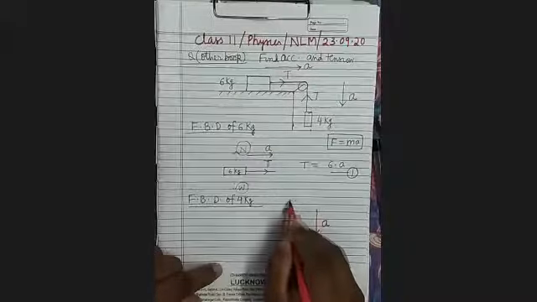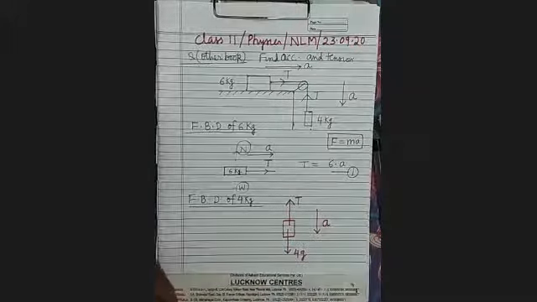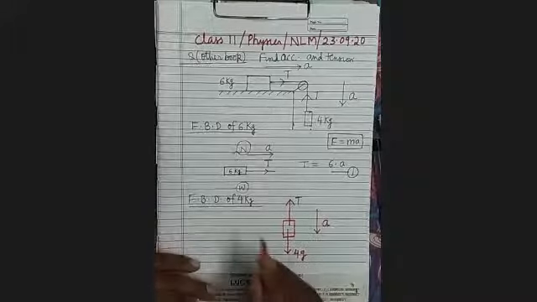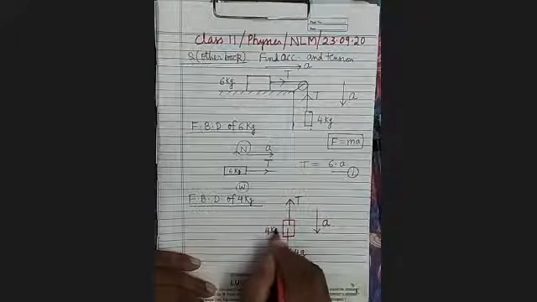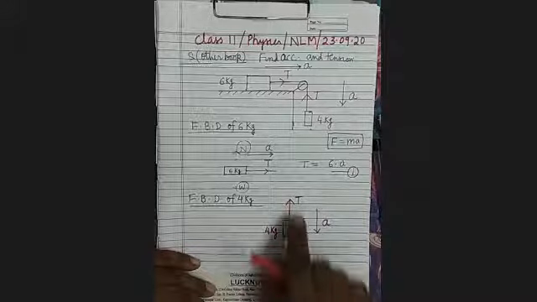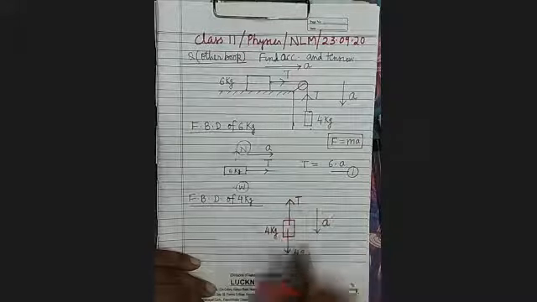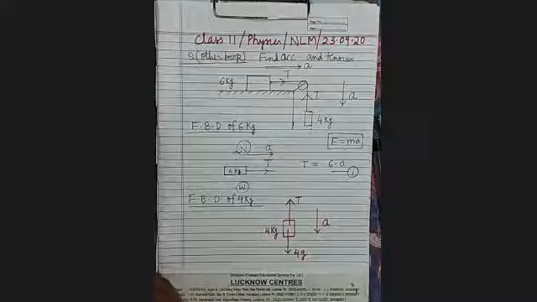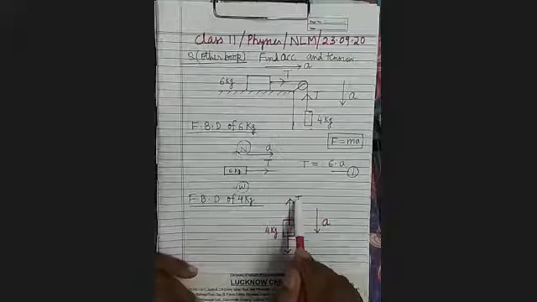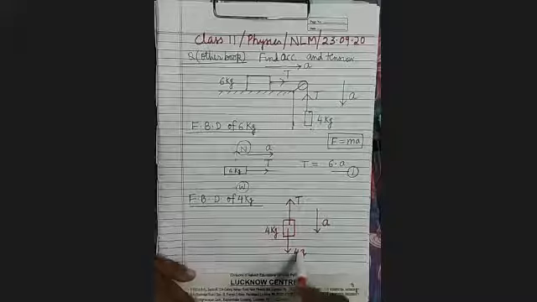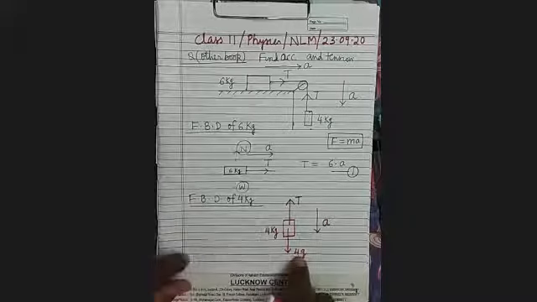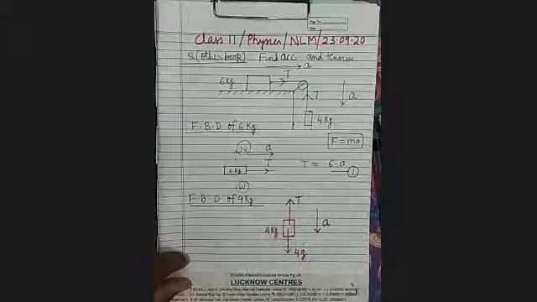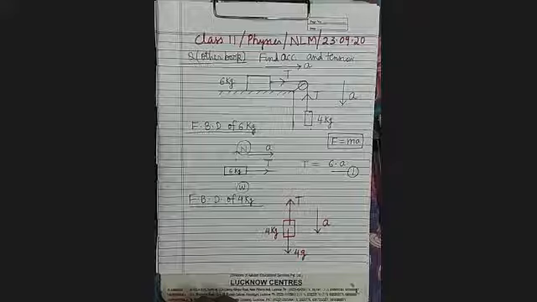Tension is acting upward, and it is moving in the downward direction. So see here, two forces are acting upon it: 4g in the downward direction, T upward, and it is moving downward. So which force will be bigger? Will this be bigger or this? It is very obvious that 4g will be bigger than T, because only then will it move downward.